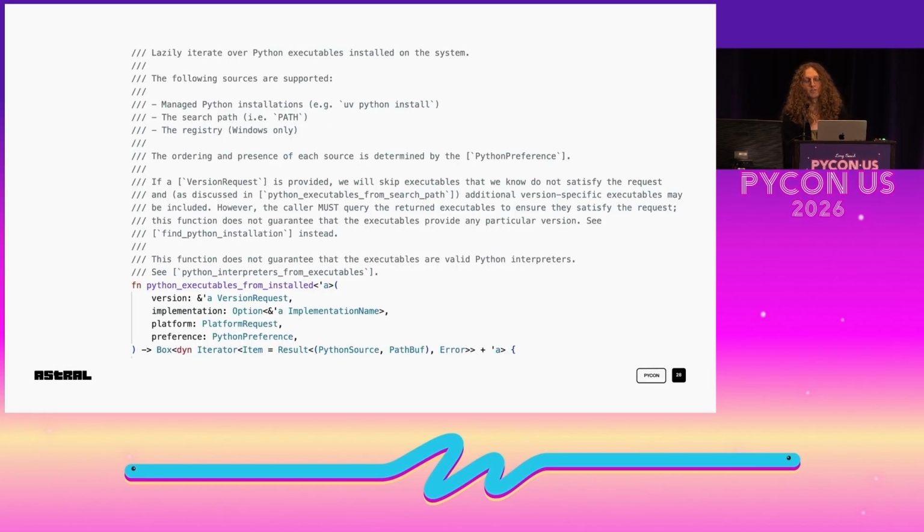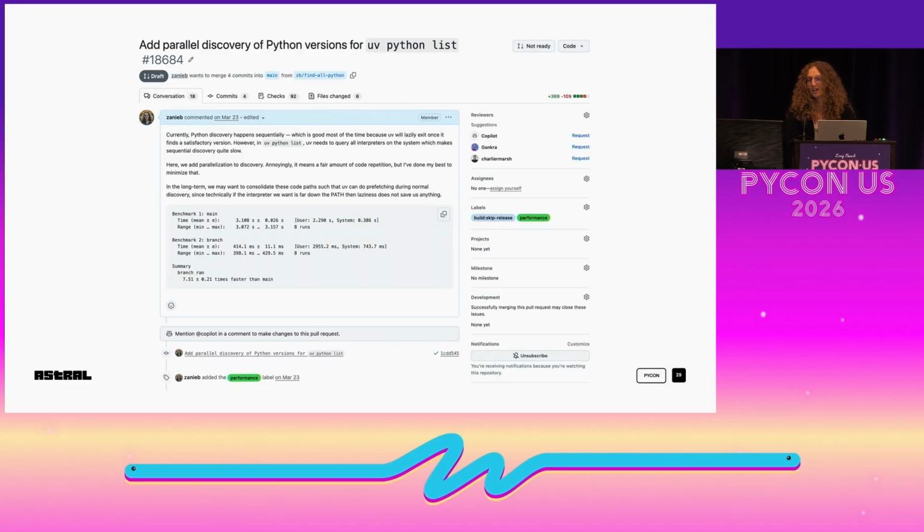Another optimization for Python version discovery is that UV uses lazy iterators. So as soon as we find a usable interpreter, it can stop searching, which minimizes the amount of system calls we need to make to list directories, as well as interpreter invocations. This design is not without downsides, though. It means that when you do a command like uv python list, UV will query each interpreter sequentially, even though